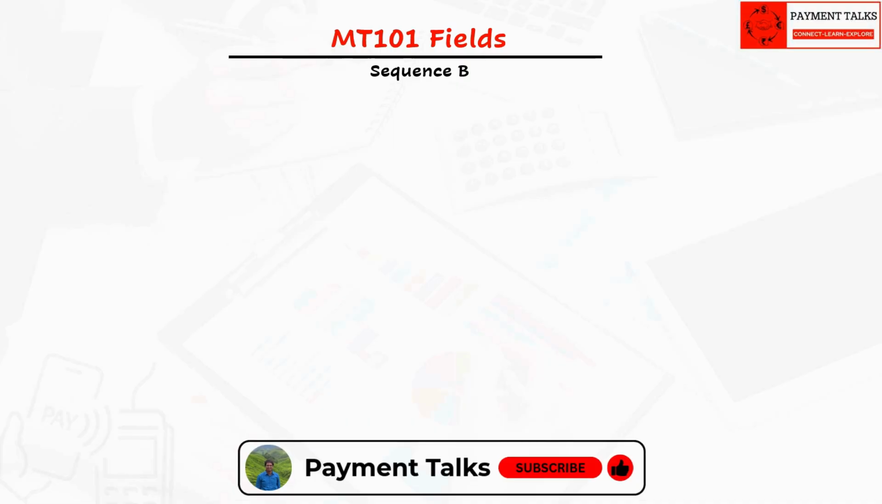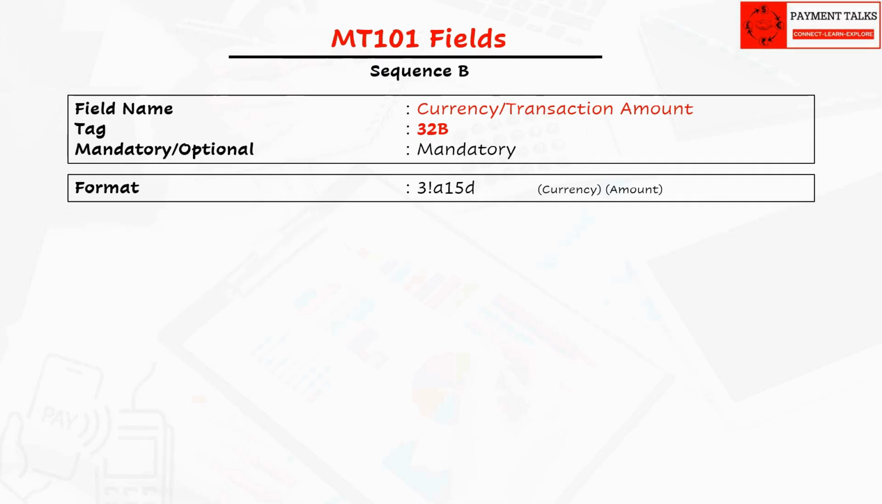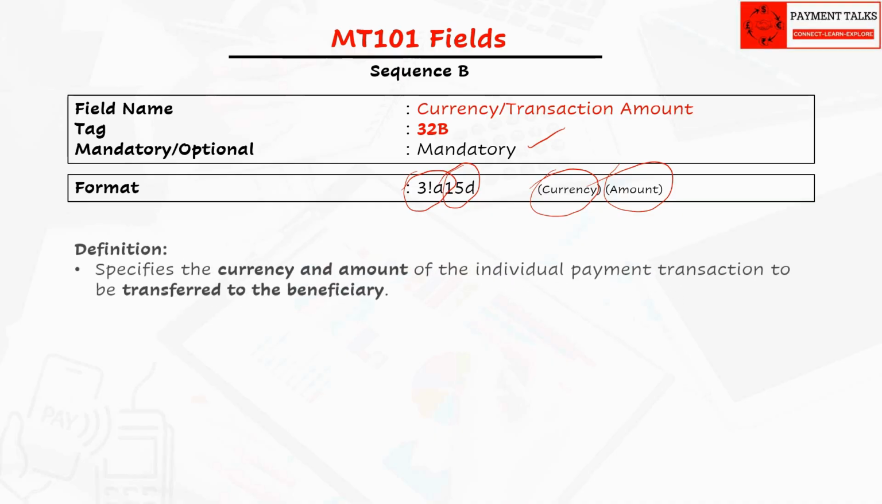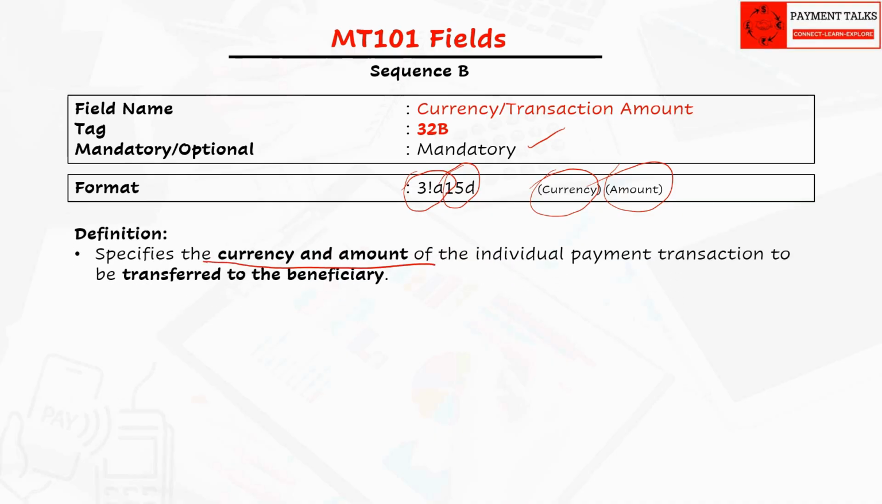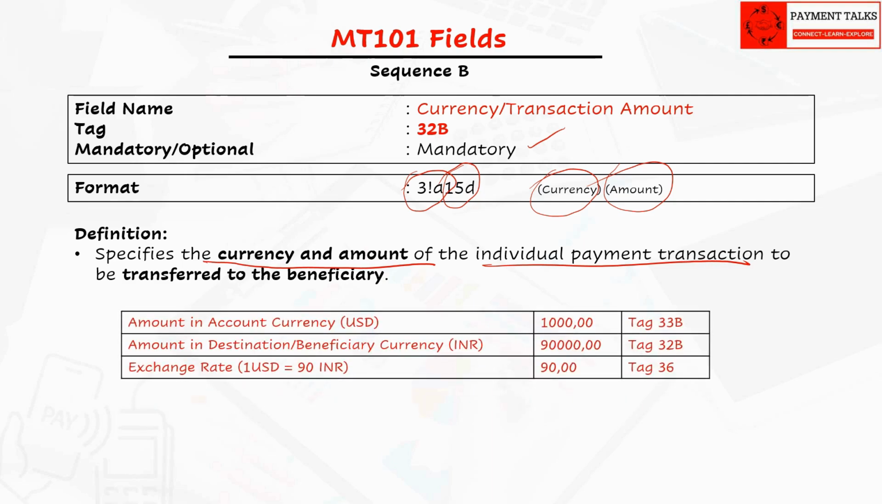The next field is currency transaction amount, tag 32B. This is a mandatory field. The format is as shown, which contains a mandatory 3-character currency code and a 15-digit amount. This field specifies the currency and amount of the individual payment transaction to be transferred to the beneficiary. Here, without discussing the field currency original ordered amount, tag 33B, and field exchange rate, tag 36, we cannot understand